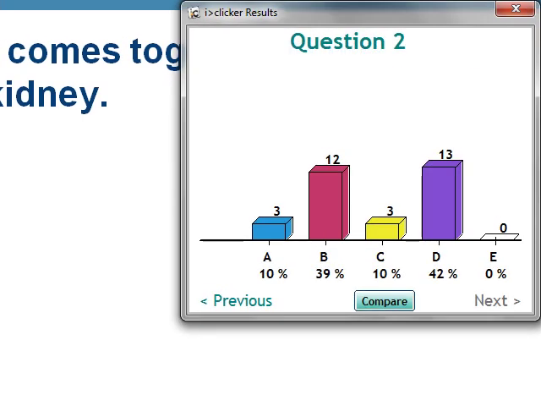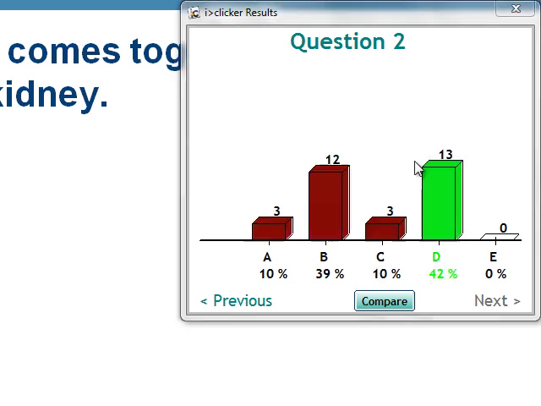The renal pelvis. D. Does everybody understand that? Remember, think of the kidney. We have the cortex. We have the medulla. In the medulla, those pyramids are going to form collecting ducts, and where are they all going to dump into? The renal pelvis. Urine's going to collect and then come down the